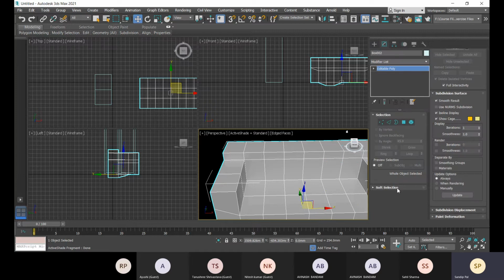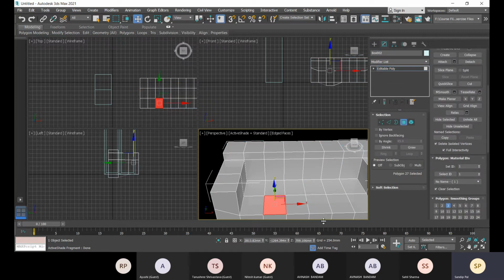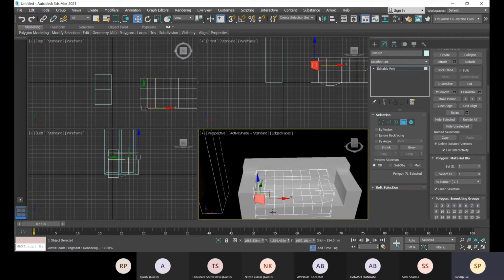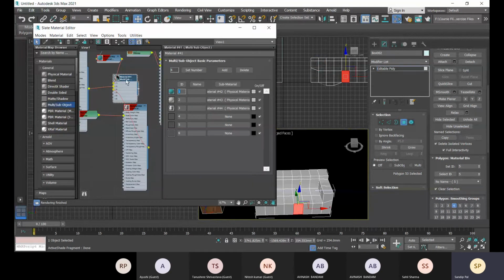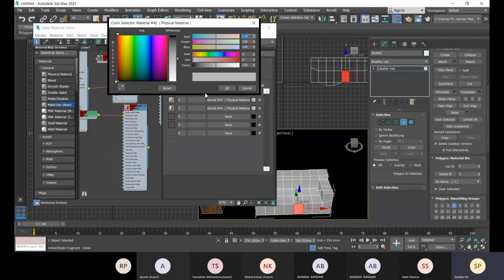Let me check which one is the ID for this. So this is the ID for one. So aim is the shortcut. So this is one set to this.